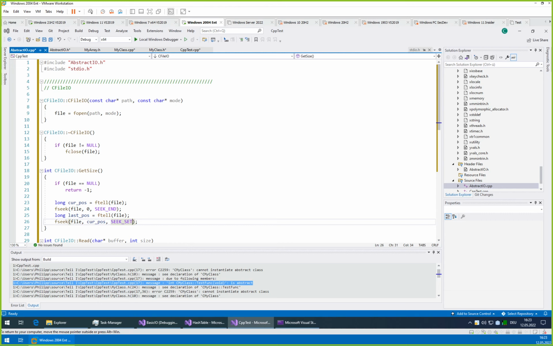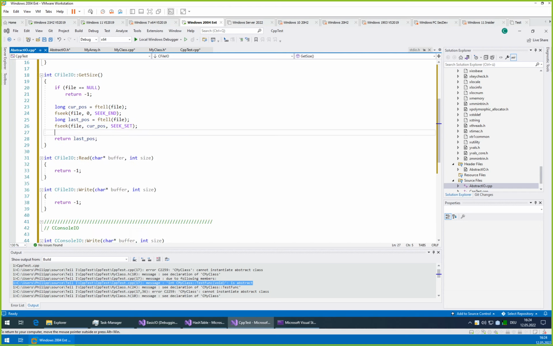The trick here is we first save where we are in the file right now, then we go to the very end of the file, where we are will be the size, basically. And then we restore wherever we were before we checked the size. And that's it. Actually, I should maybe comment that, but let's do that later. So we have our size implementation.